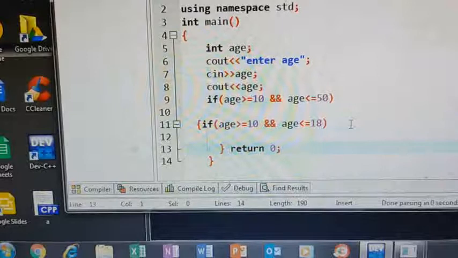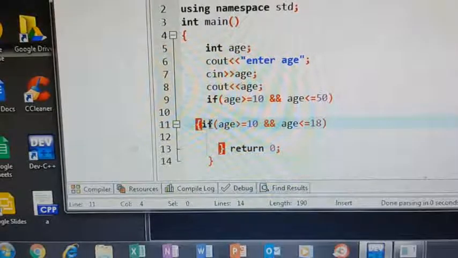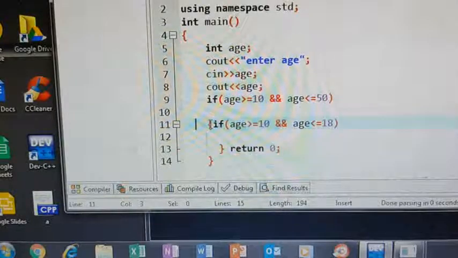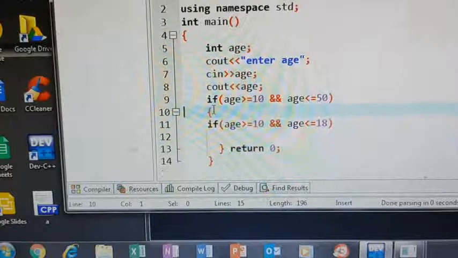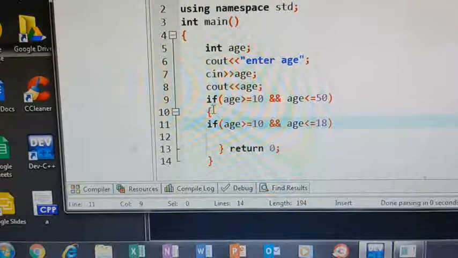Because if you want to check whether you are a teenager, your age should be less than 50 and less than 80. So two conditions are given, but your age should be greater than 10 in both the conditions. Now if both the conditions are true, then what do you want to print?